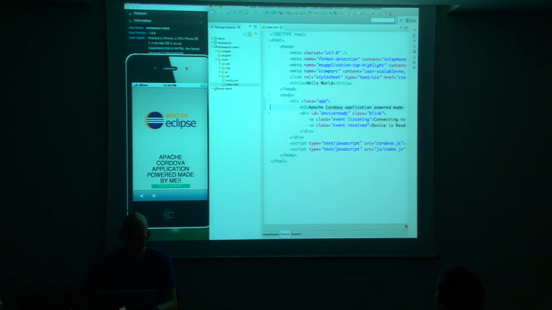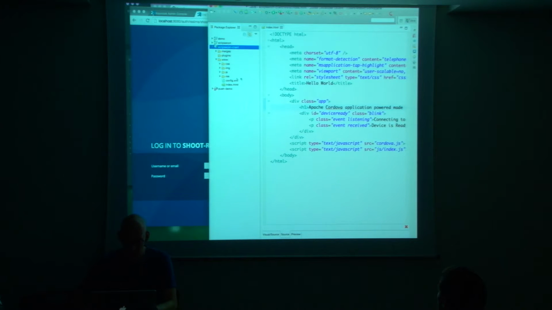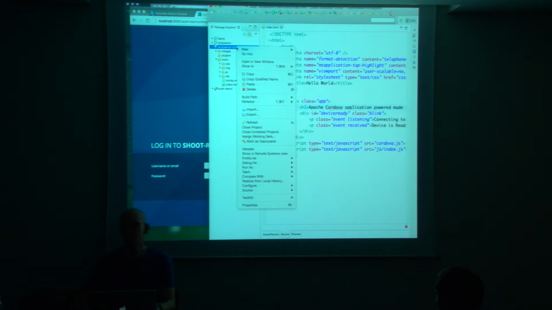So that's that. Now I want to show you something else. Let's get rid of this. Another cool thing, because this is just HTML and you're thinking, okay, Eric, that's really nice, but it's HTML, and it looks really like a web page. It's not really a native app. Well,